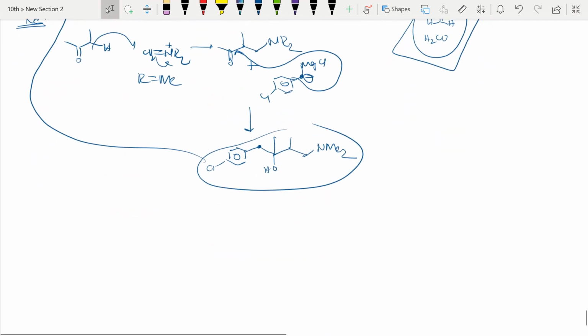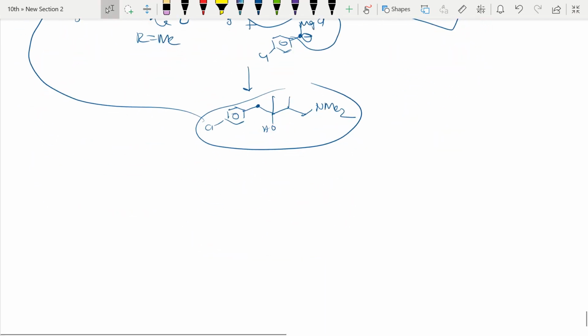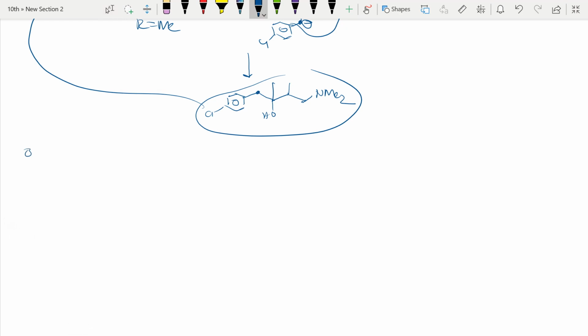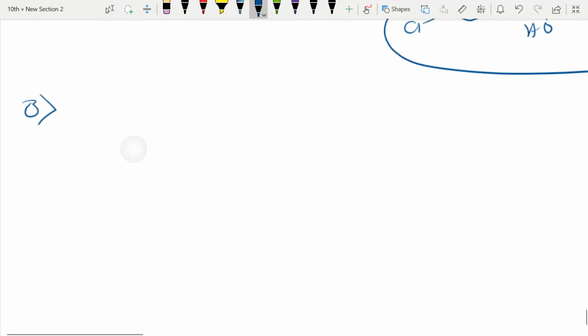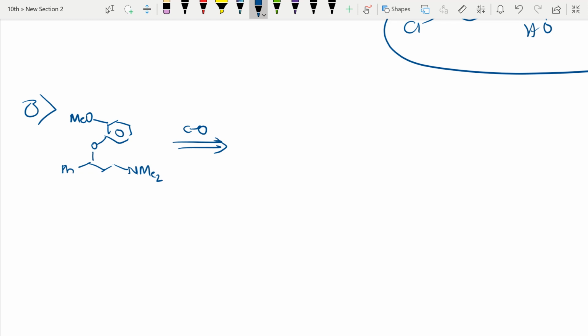So the third reaction is there, can you do it by yourself? I'll write the things, let me see, if it is tough I'll complete it, otherwise I will leave it to you. CH2NMe2, right? So here the C-O bond is an ether, this ether bond is the carbon-heteroatom bond, this bond will be cleaved first, ether, right?